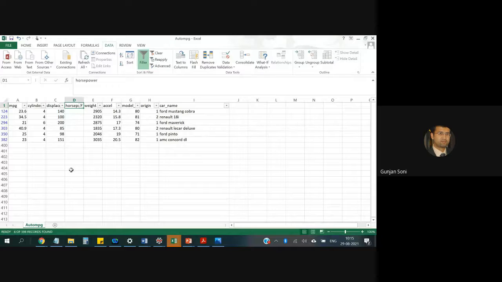Okay, 6 data points are blank in the horsepower. So we need to take a few steps to do that. What are my options? If I have a very large database, say 1000 points, and out of that 10 points are showing null values, option 1 is to delete the row itself.